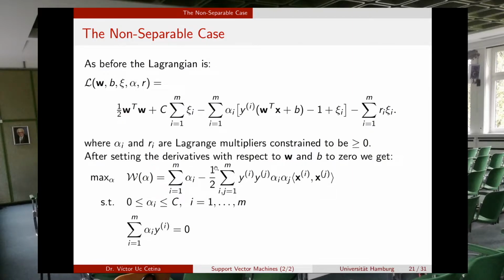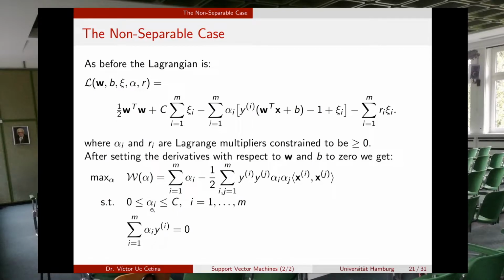So we proceed in the same way that we did with the separable case. We need to compute the partial derivatives of this Lagrangian with respect to w and b. And when you do that, you get exactly the same function that we got in the first problem. The only difference is that now we have the c here that is going to bound the values of